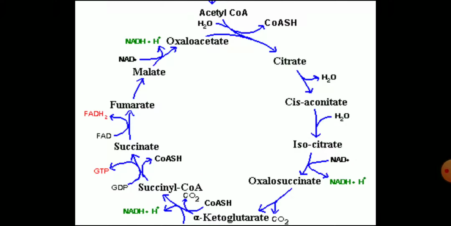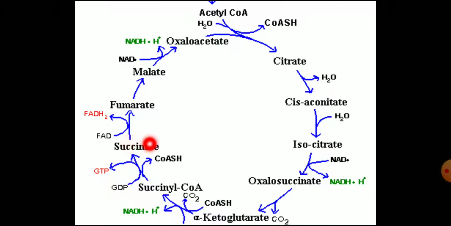Okay. Now this is the picture where you can see the whole of the citric acid cycle. Oxaloacetate and acetyl coenzyme A combine, and citrate is formed. Citrate is isomerized to isocitrate through cis-aconitate by the aconitase enzyme. Then isocitrate is converted to alpha ketoglutarate by the isocitrate dehydrogenase enzyme, and the intermediate is oxalosuccinate. Then alpha ketoglutarate is converted to succinyl coenzyme A by alpha ketoglutarate dehydrogenase, and then it is acted upon by thiokinase, where one molecule of GTP is produced by substrate level phosphorylation.